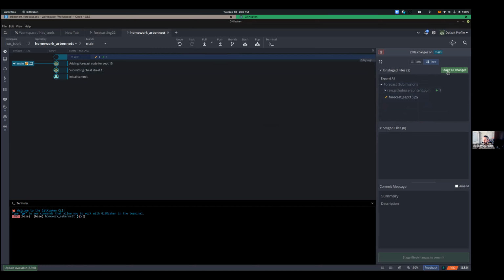It's totally up to you. You can stage all changes or just stage this one. It doesn't really matter. For the sake of simplicity, I will stage everything. I personally, when I'm looking at your assignments, will only be looking for this forecast September 15th.py file or something named similarly. I will not grade you on having the data in your repository. But again, it's staged. I'm saying I want to record that this has been created with Git,